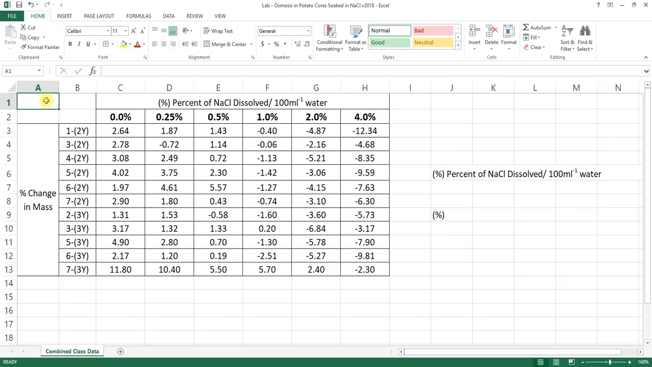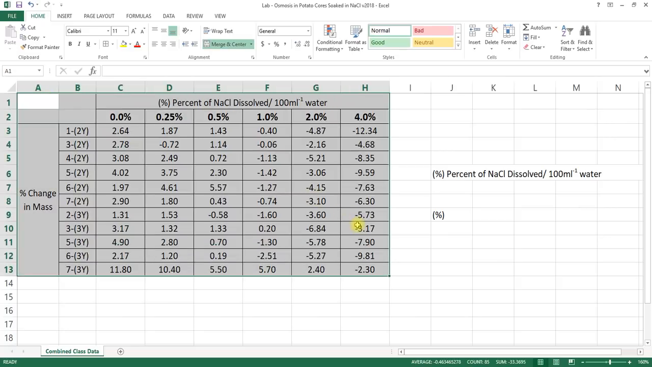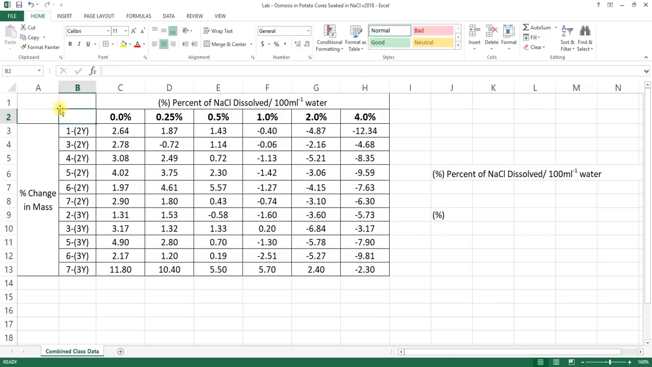We could have just clicked over here and highlighted everything like this, but the reason we didn't do that is because there is nothing over here, so we don't want any boxes around these. That's why we just did it like that. So now that we've got that out of the way, we can proceed to do a few other things